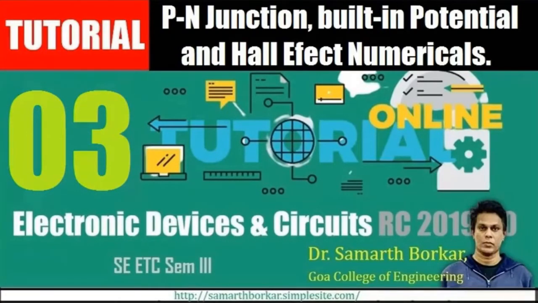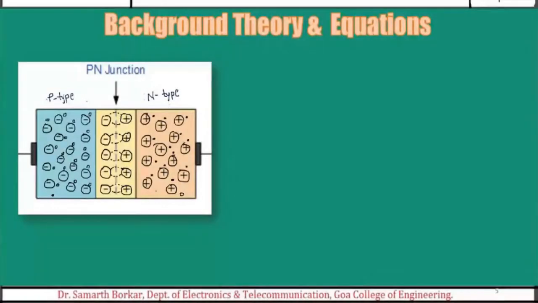junctions. Like a simple diode has two regions, P and N, and in between there's one junction. If I talk about the transistor, it can be NPN or PNP. SCR is PNPN, a four layer, three junction device. So to understand the working and operation of all these electronic devices, it is of paramount importance for you all to understand how this PN junction works. Start with the basic PN junction.